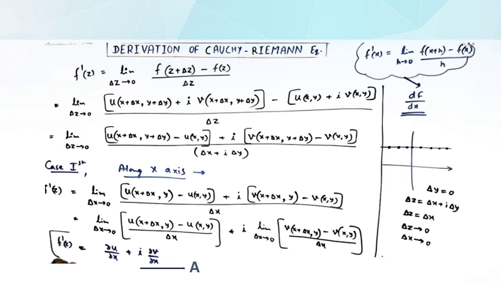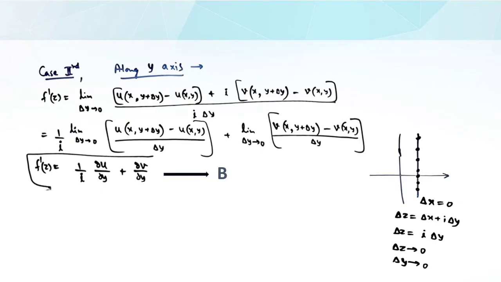After further solving, we get f dash of z equal to ∂u/∂x plus i ∂v/∂x. This gives us the first part of the equation, which we name A. Now we come to the second part, that is along the y-axis. f dash of z with limit delta y tends to 0,